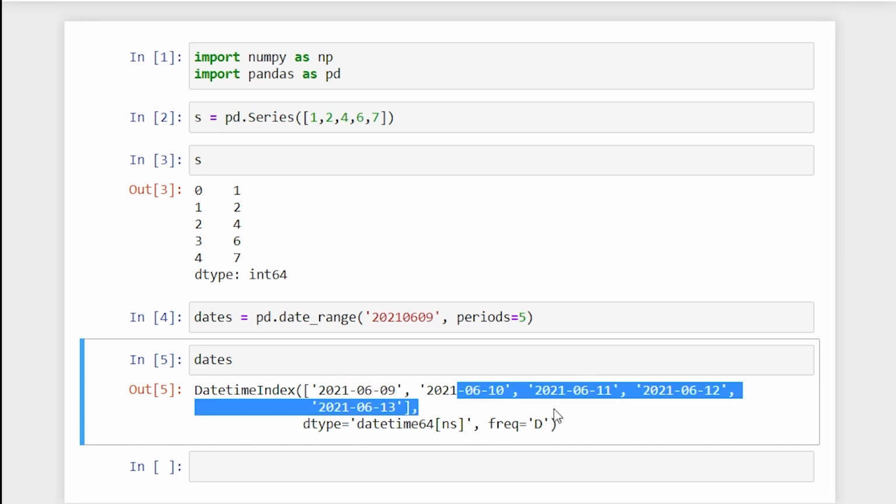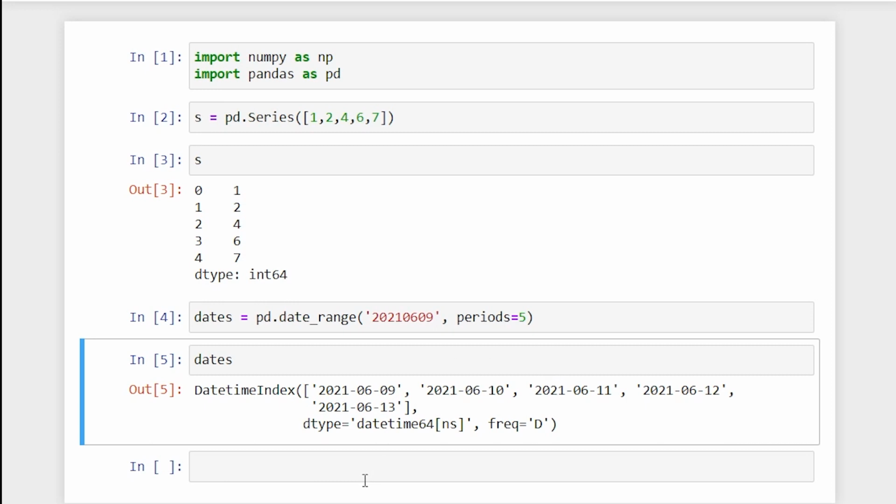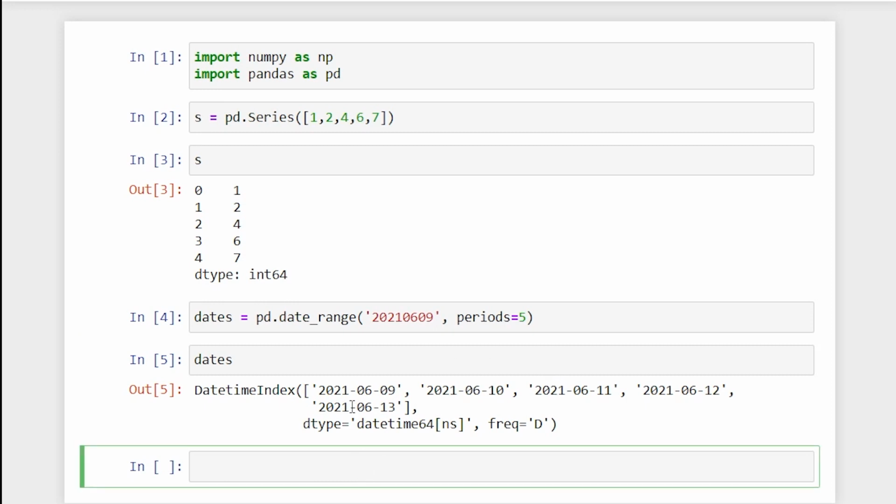So I have a set of 5 values which are arranged very efficiently. Now what I'm going to do is make a data frame. A data frame is a collection of data where you have a lot of columns and a lot of rows. df is the convention commonly used, and it stands for data frame. So I'll say pd.DataFrame, and now here you will have to specify your data, but I am going to use this as index.